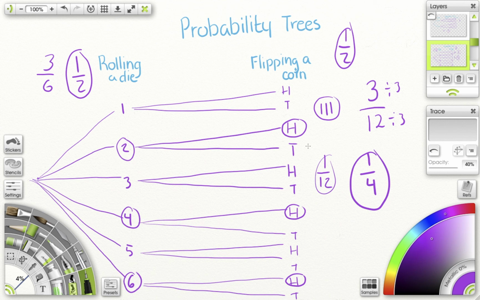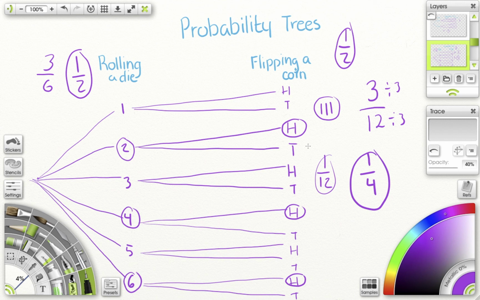Right? So today what you're going to be working on is you're going to have a couple worksheets, a couple questions that have probability trees. Some you might need to just complete that are going to be very simple, like heads or tails, or like picking a blue or purple sock or something very simple. So you're either going to be completing those probability trees and then answering questions based off of them. So what are the odds of flipping a coin 3 times and getting a heads, a tails, and a tails? What are the odds of getting a tails, a tails, and a tails? So it's going to be questions based off of that.